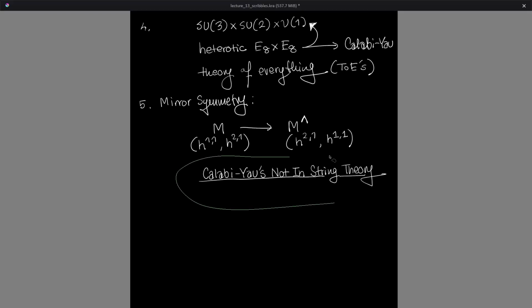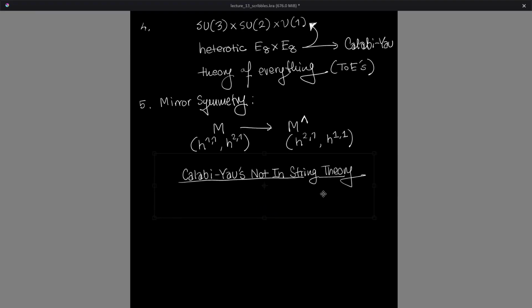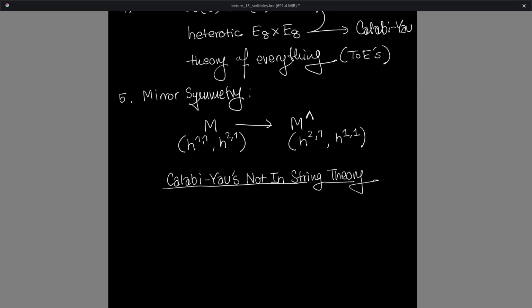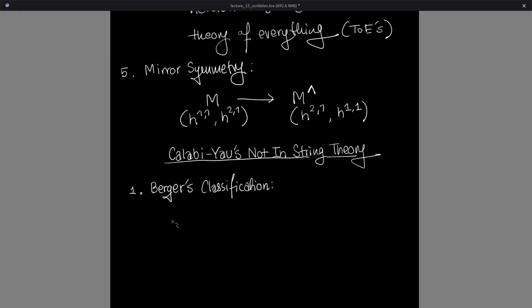And let me center that, and we'll get into the last section for today. So let's get right into the first point, Berger's classification. What is Berger's classification? It is a classification of irreducible. Remember, irreducible from before, it meant not being able to be written as a product of non-trivial manifolds. So irreducible,